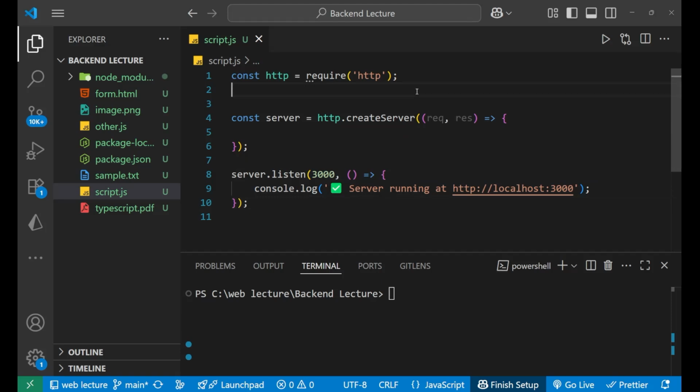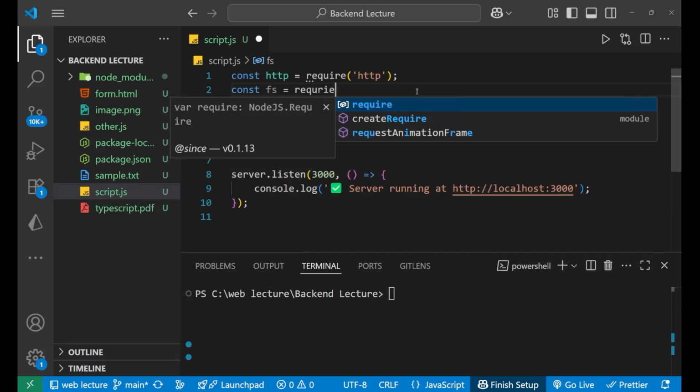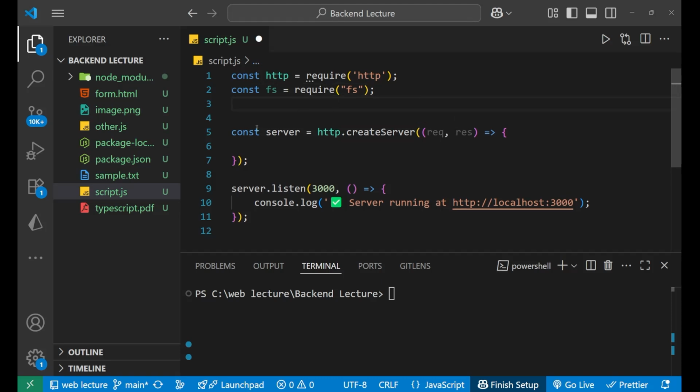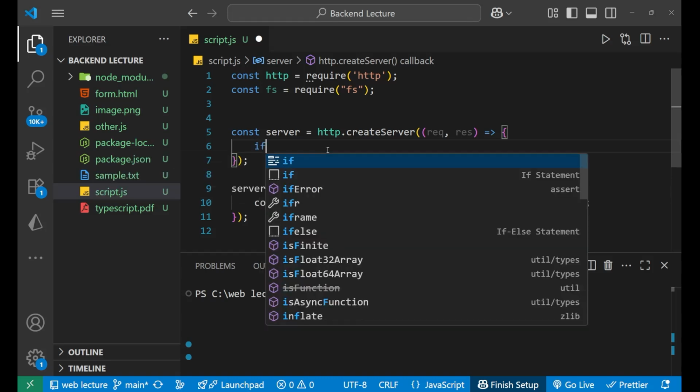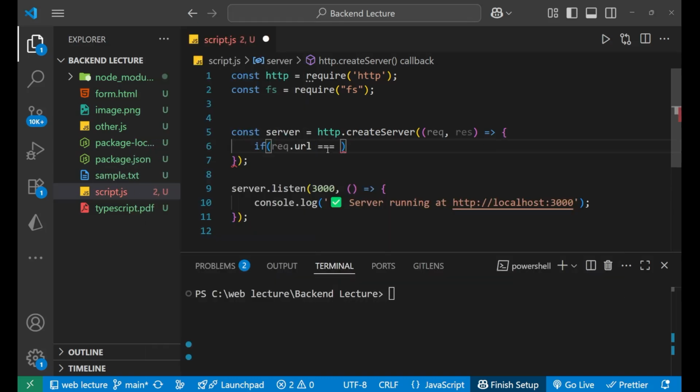For that, first of all, we need to require the file system module. So write const fs equals require, put the bracket here, and inside this I'll write fs. Now after doing this, inside this createServer, let's write our main logic. I want the PDF to open every time I go to the URL slash pdf. So for that, if request.url equals